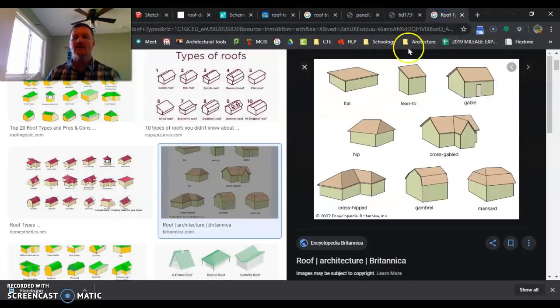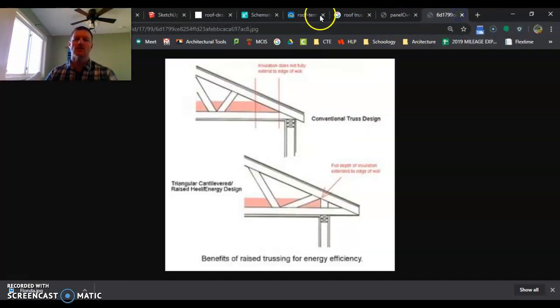So we're going to set that stuff up with our roof types going forward. So that's a little basis on the roofs. The next video is we're going to start designing our